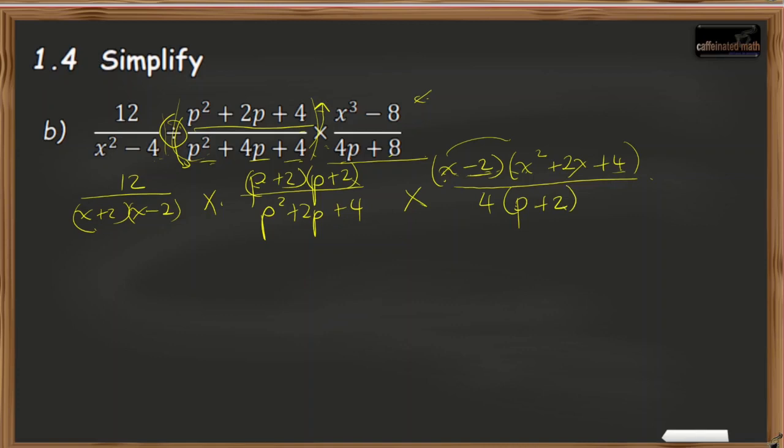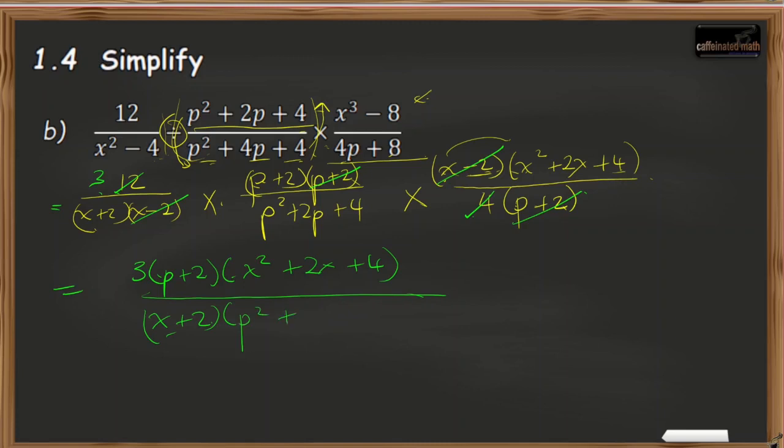Now we investigate for any terms that can cancel out. Well, x minus 2 and x minus 2 divide to give us 1. We'll have p plus 2 and p plus 2. 4 goes into itself once, goes into 12 3 times, and then let's have a look. Anything else that cancels? Nope, nope, nope. So we do not force anything. So that's 3 times p plus 2, and we'll have x squared plus 2x plus 4, all divided by x plus 2